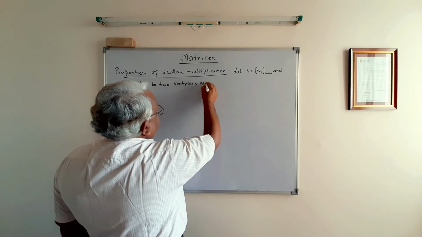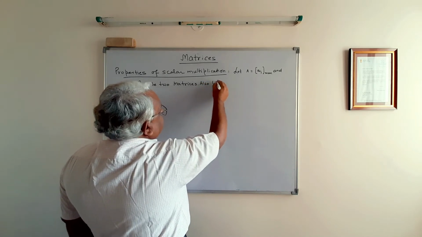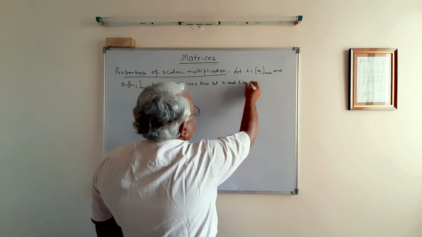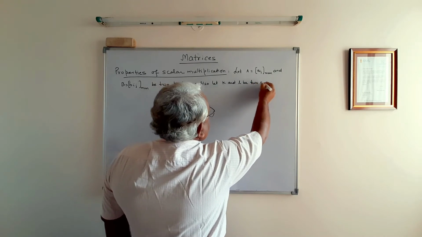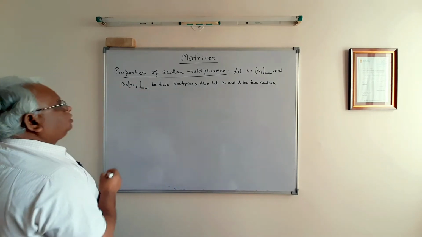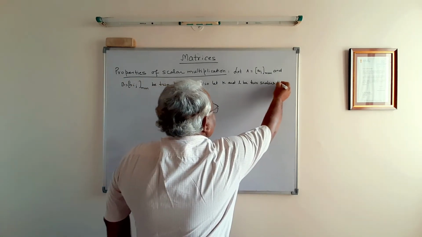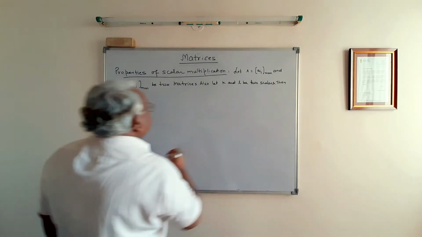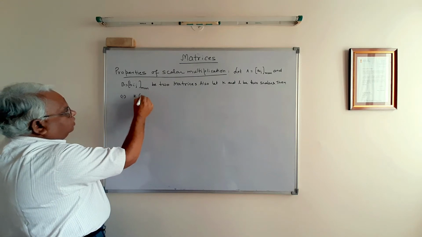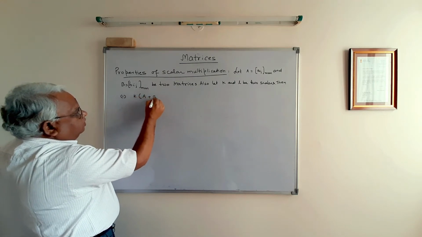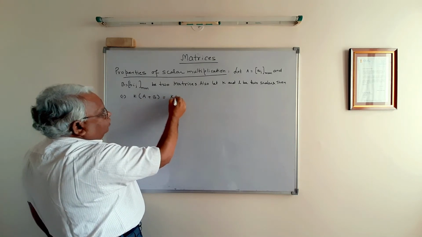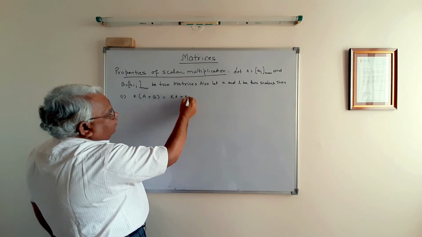Also, let K and L be two scalars. Then number one, K times (A plus B) is equal to K times A plus K times B,